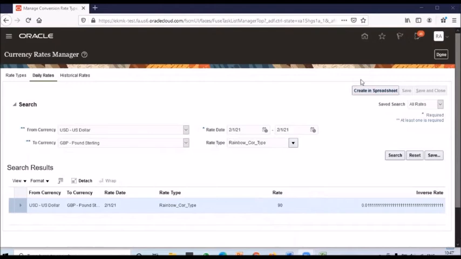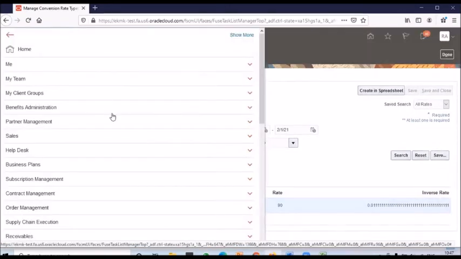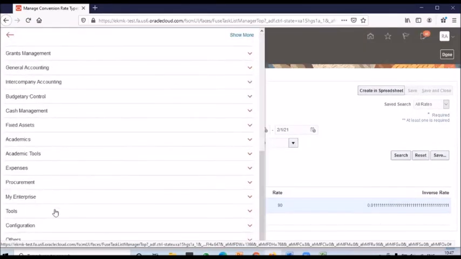You can see the create in spreadsheet. Click on create in spreadsheet. Before clicking on create in spreadsheet, you need to install some path on your particular laptop, the laptop on which you want to use the spreadsheet. So you should install that. What you should install is the ADFDI path. Where is it available? That path is available in your